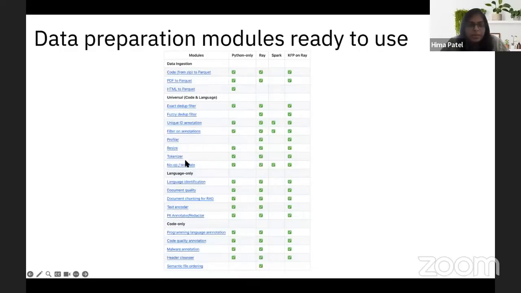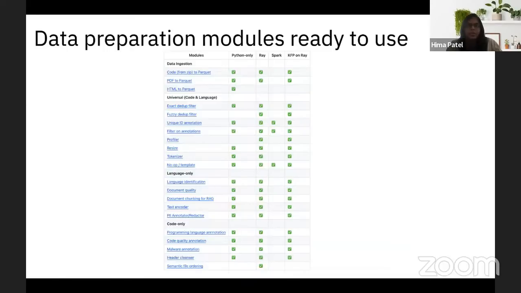Interesting transforms in this area are exact deduplication, fuzzy deduplication, profiling of the data, resizing of the data, and filtering the data. Language-only transforms are finding the quality of a document, and document chunking if you're trying to build a retrieval augmented generation application,